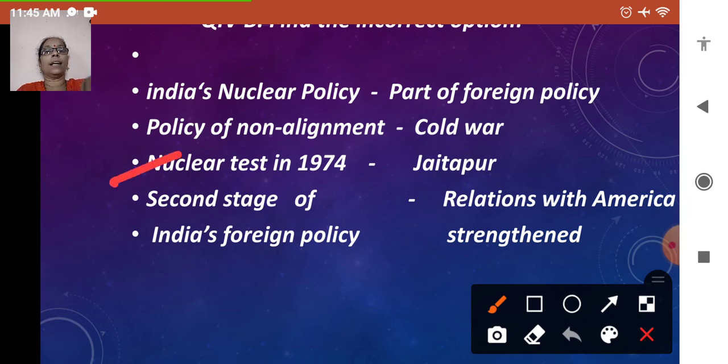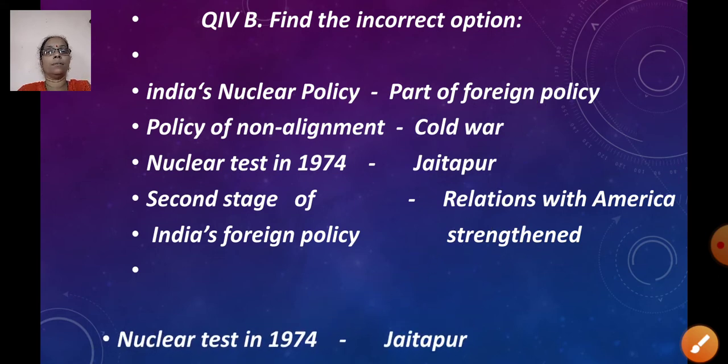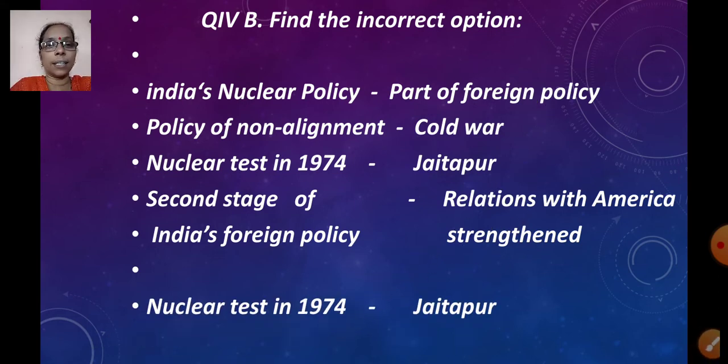Yes, the incorrect pair is nuclear test in 1974. It was not at Jaitapur. It was at Pokhran. So Jaitapur is a wrong statement, a wrong option. Right? Now the next question will be,